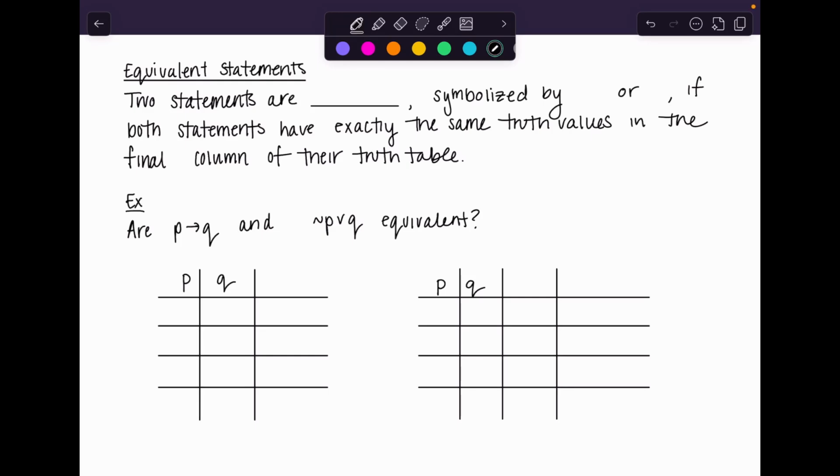What we're going to do now is try to determine if two statements are equivalent. Thinking about that word, it kind of looks like it deals with equal, but it's not quite the same. That's the idea we're going to have with statements being equivalent. It doesn't mean that they're identical to each other, because there's no way a conditional statement and something involving "and" is going to be exactly the same, but they might still have the same underlying meaning, or in this case, truth value. So we say two statements are equivalent,